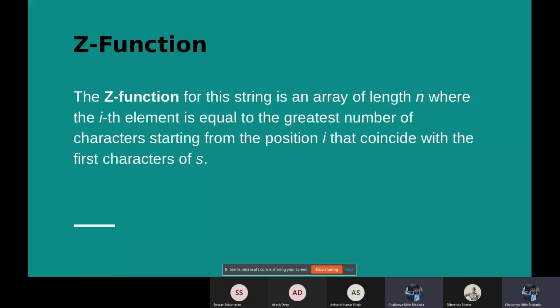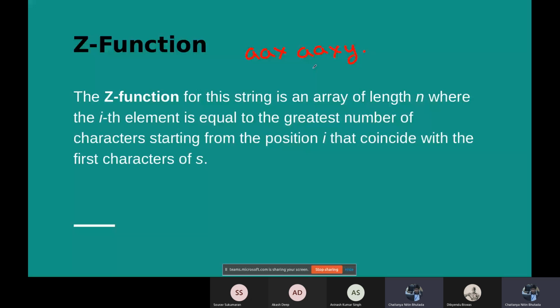I will proceed to the z function now. It is a bit like KMP, but not exactly. Suppose we are given a string like this. The z value here we take as 0 only. Now we check